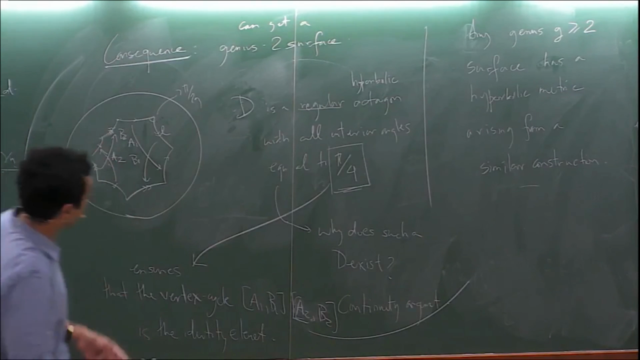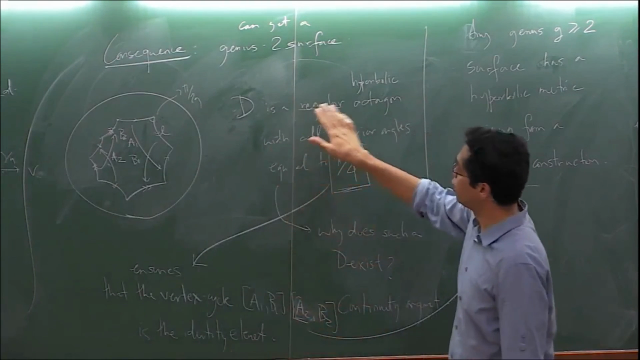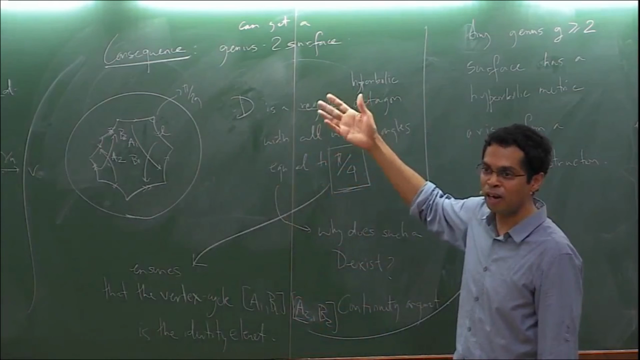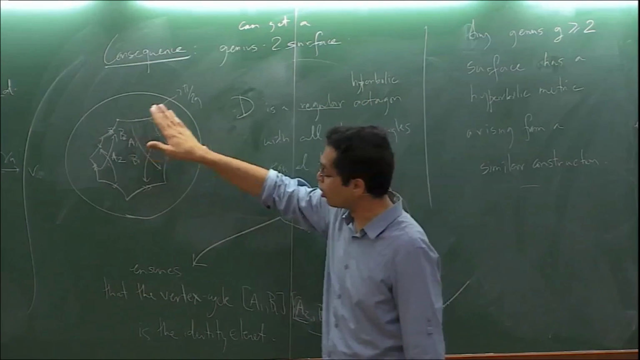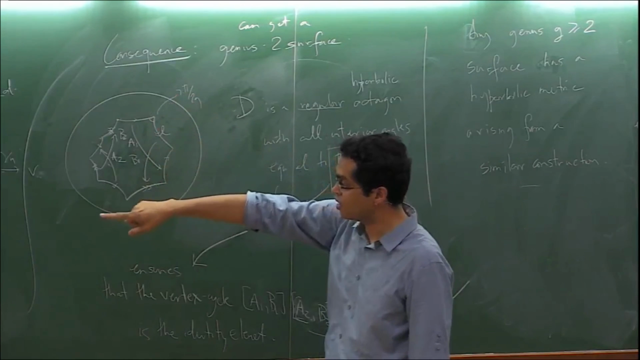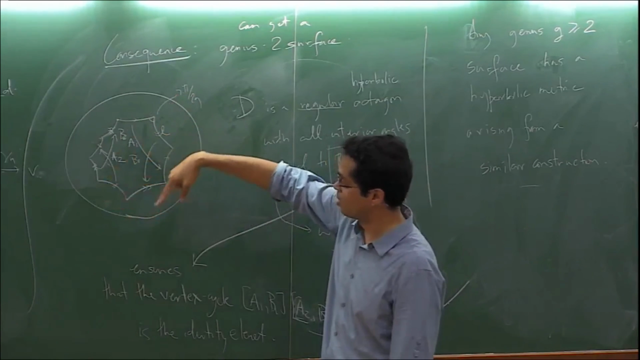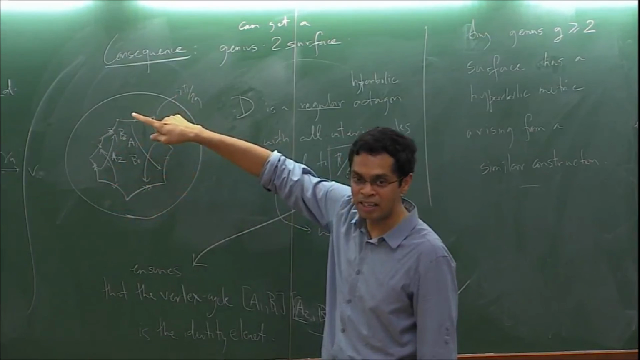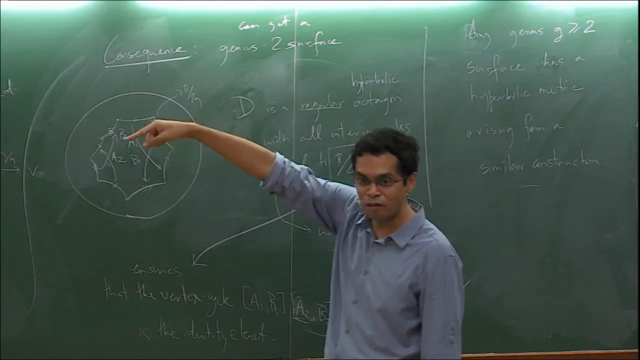And you can vary these polygons, by the way. So you need not have taken a regular octagon. You could have taken an octagon which is not regular, okay? But it should still have the fact that the side pairings and the vertex cycles are identity. Okay, so then it would again give you